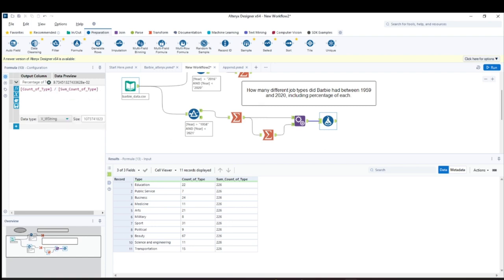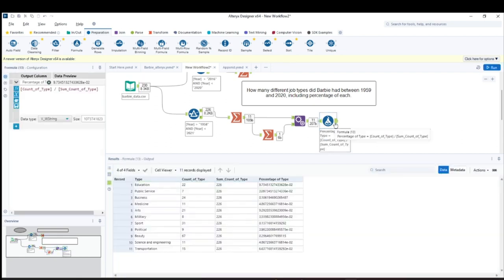Since we want a percentage, let me first show you the result without multiplying by 100. Let's see. Oh, this is a string, so let's just convert this to double. Okay, this is important. And now you can see the percentage type.